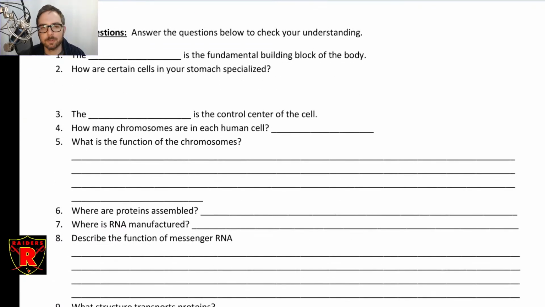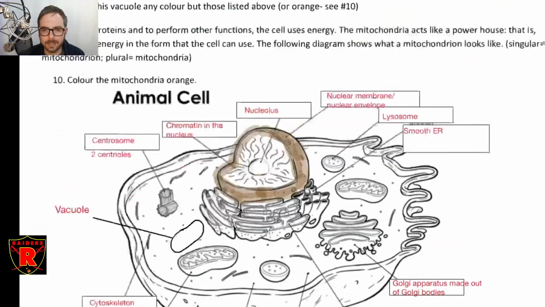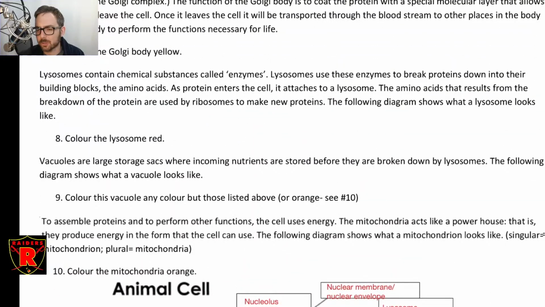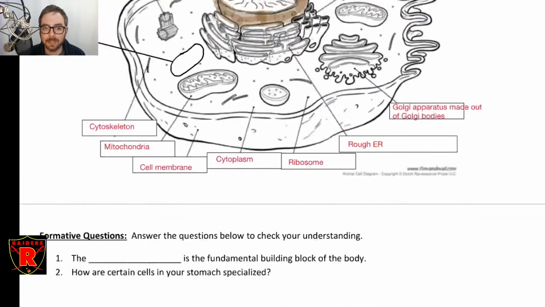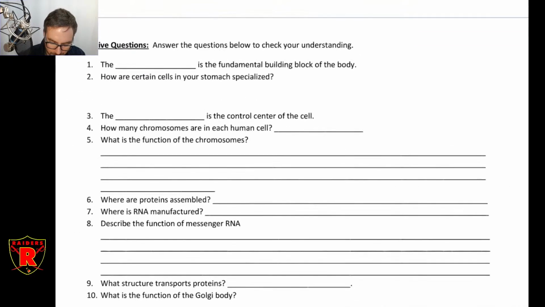Okay, there are some questions afterwards here. This is a test your own knowledge homework question portion where you just go through and see if you can fill in the blanks. It is directly calling on the information from the descriptions above, okay? So go through them first, see what you can remember, and then you can use the above part to help you answer the questions, but the idea is that it's helping you with recall. It's testing the information you've just reviewed, trying to get you to recall it, to synthesize, to think about that information in order to better cement things into your memory. So you're going to complete that right after this.